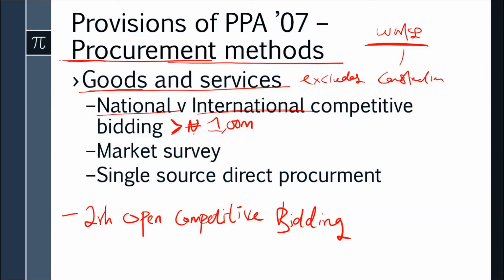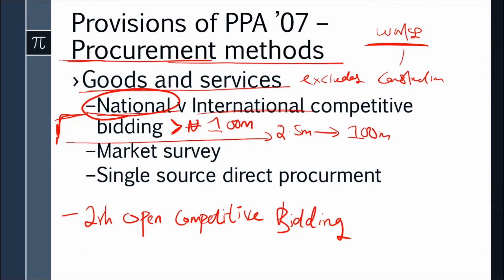National bidding is not open to international suppliers. Contracts that are between 2.5 million and 100 million naira can just be done through national bidding. And then a market search for suppliers, without the entire tendering or bidding process, can be done for contracts that are less than 2.5 million naira